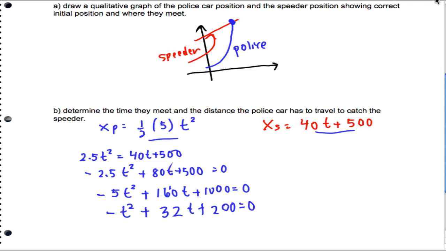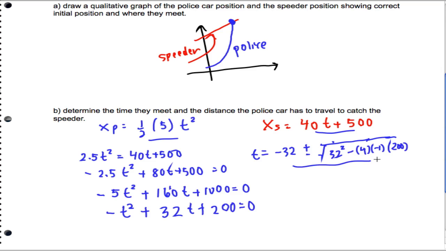So now I want to go ahead and solve for the time using the quadratic formula. So the way I'm going to do that is I'm going to get t equals negative 32 plus or minus the square root of 32 squared minus 4 times a, which is negative 1, times 200, all over 2a. So that's 2 times negative 1. So I'm going to get t is negative 32 plus or minus the square root of,